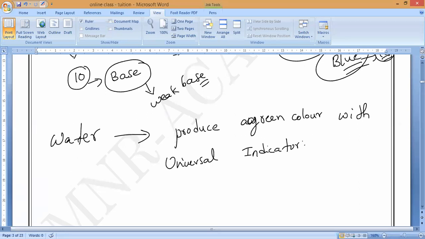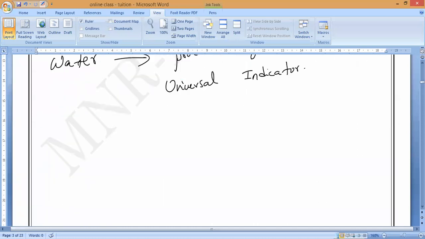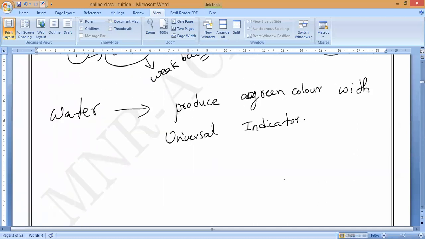Sir, how many minutes will the color appear? It will be permanent. If you dip the universal indicator in the solution, it will stay like that. Once the acid, the given substance, evaporates, slowly the color will disappear. Do you understand? Okay, that is what you have to remember.